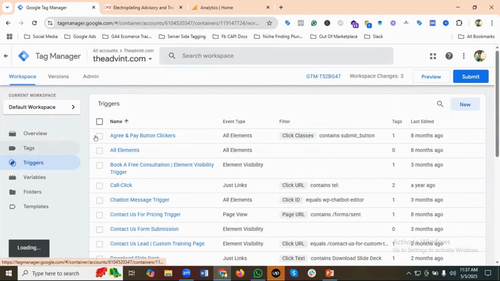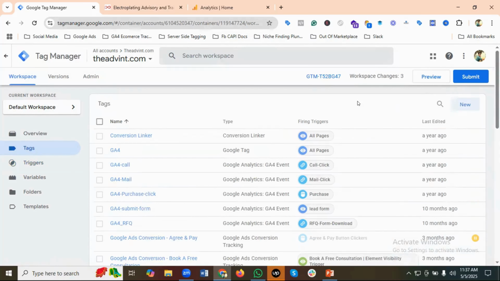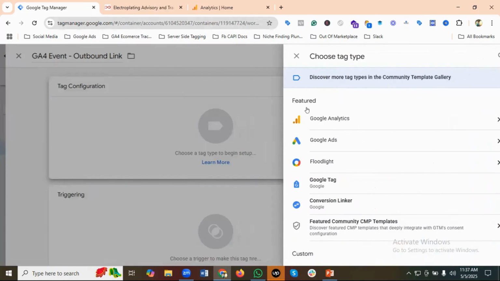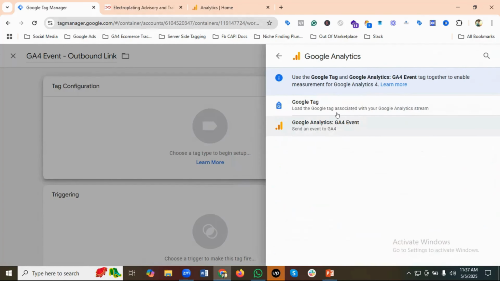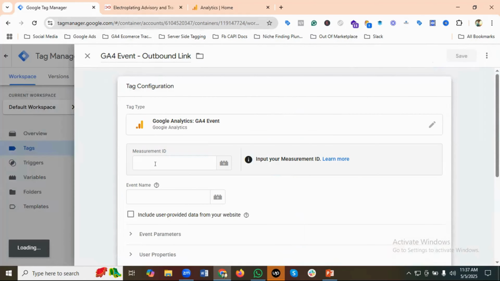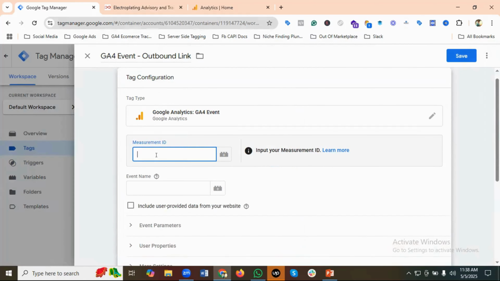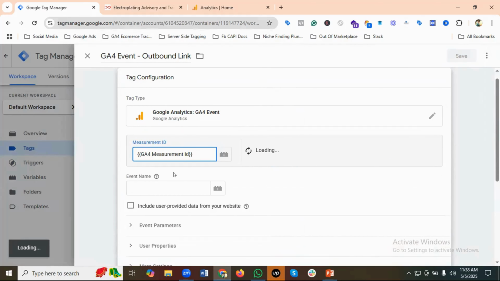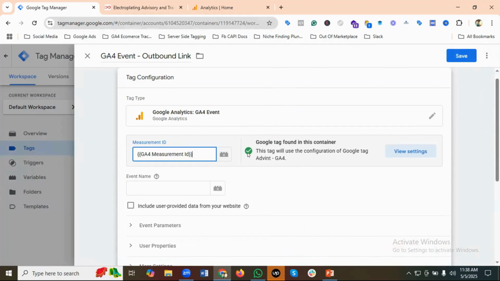Now we need to create a tag. As I already told you, I'm going to create a GA4 tag, so I can name it GA4 event outbound link. Okay, the tag configuration would be Google Analytics GA4 event. Then we need to provide the measurement ID. I have created a variable called GA4 measurement ID, so you can see the green mark. Okay, and the event name would be GA4